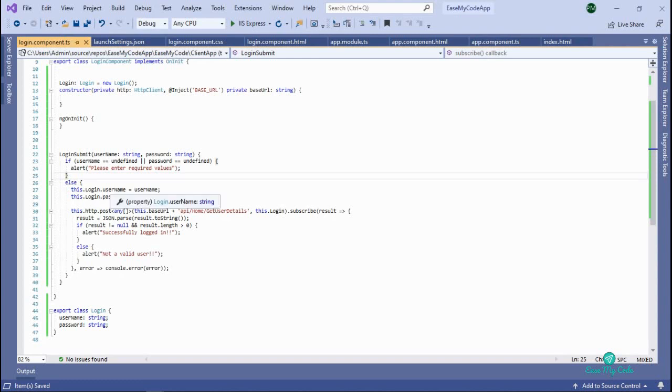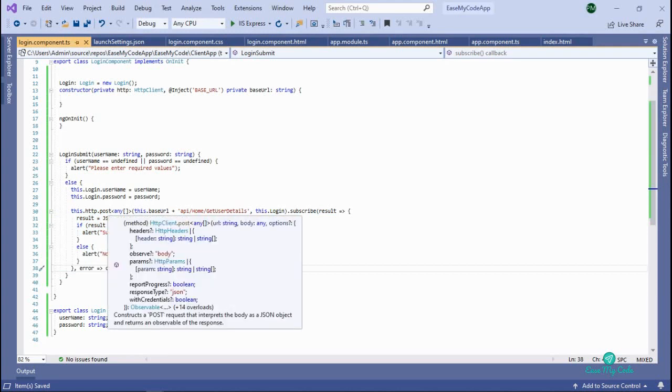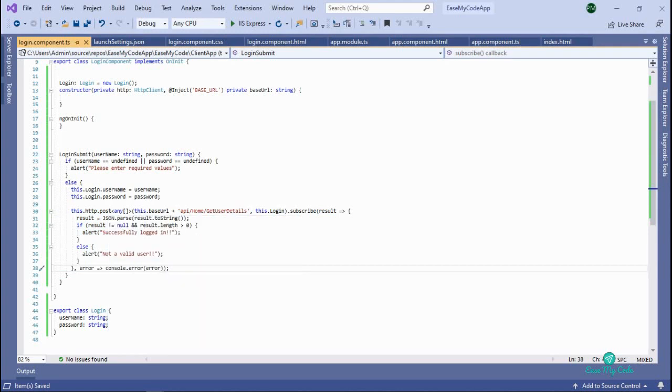Otherwise, it goes to the get user details method of our home controller.